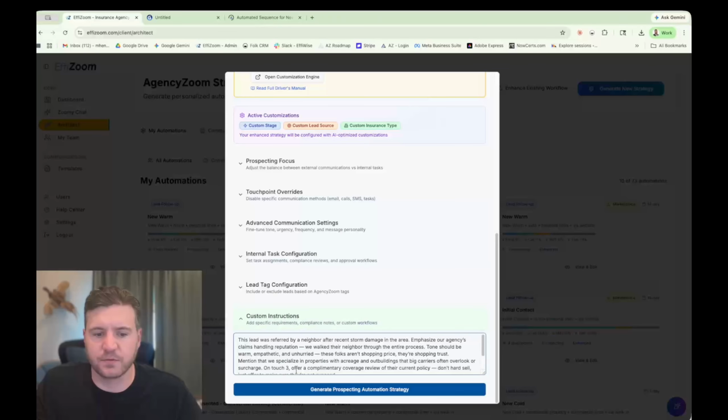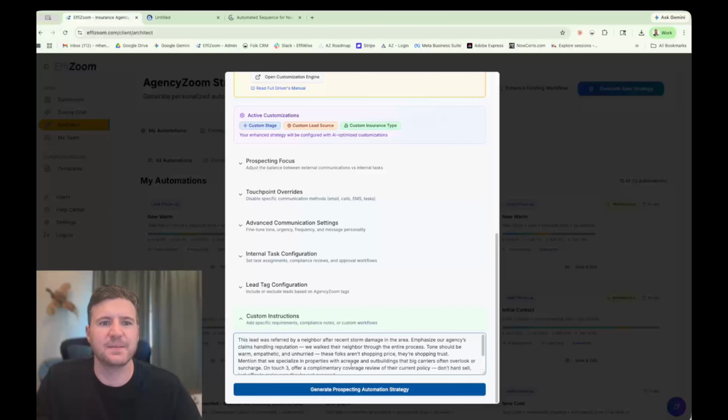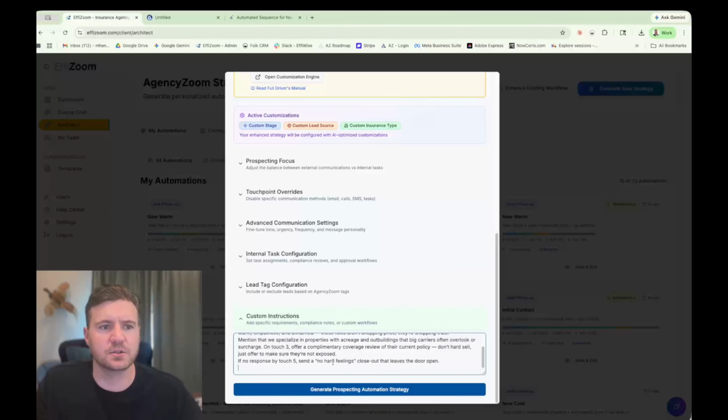So the lead was referred by a neighbor after recent storm damage in the area. Emphasize our agency's claims handling reputation. We walk their neighbor through the entire process. Tone should be warm, empathetic, and unhurried. These folks aren't shopping price, they're shopping trust. It's giving a significant description as to what we're trying to accomplish. And then there's also, if no response by touch 5, send a no hard feelings closeout that leaves the door